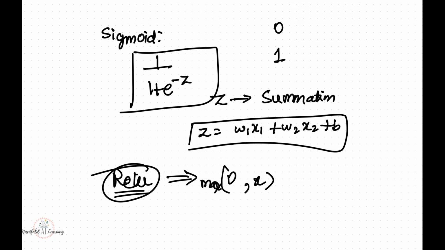So the activation function of ReLU, as you know already, is given by max of 0 comma x. If the value is less than 0, it's going to return 0. If the value is greater than 0, obviously it's going to return the same value. And that's one of the applications that you have for the regression task.